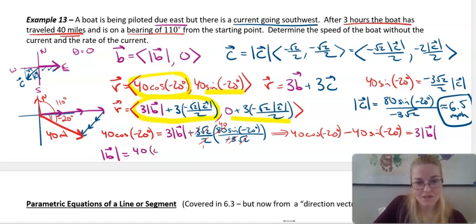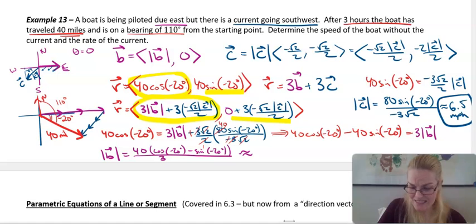40 times cosine of negative 20 degrees minus sine of negative 20 degrees, all divided by 3, which, since 40 and 3 are not divisible nicely, we're just going to leave it like that. And punching that into my calculator, that's going to give me approximately 17.1 miles per hour. So while the boat